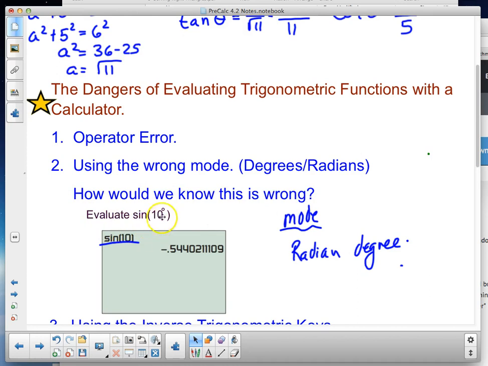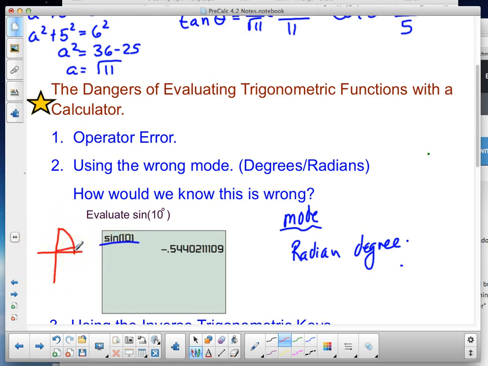Well, here's the deal. If I evaluate sine 10 degrees, sine of 10 degrees is in the first quadrant. And I know stuff about sine and cosine. Sine and cosine are our x and y coordinates in that area. So if I'm in the first quadrant, and I'm talking about the sine of something that's 10 degrees, well, generally your x value is your cosine value, so that's going to be positive in the first quadrant, and your y value is your sine value. That is going to be positive, again, in the first quadrant. So when I'm looking at the sine of 10 here, and I get this value, this is screaming to me that my calculator is currently sitting in radians,